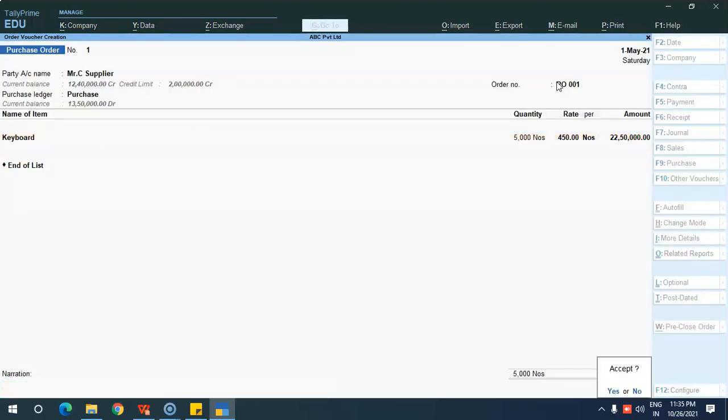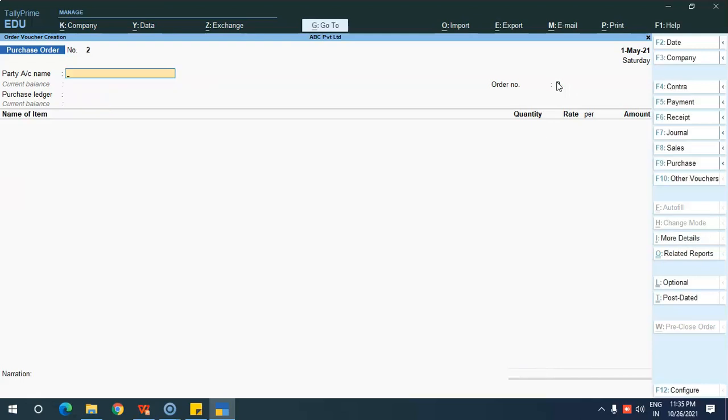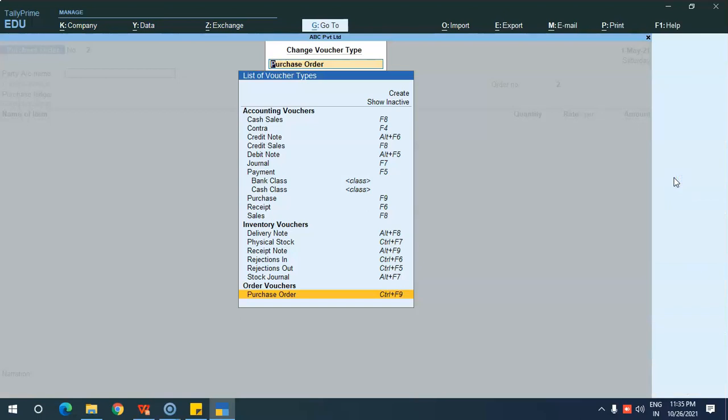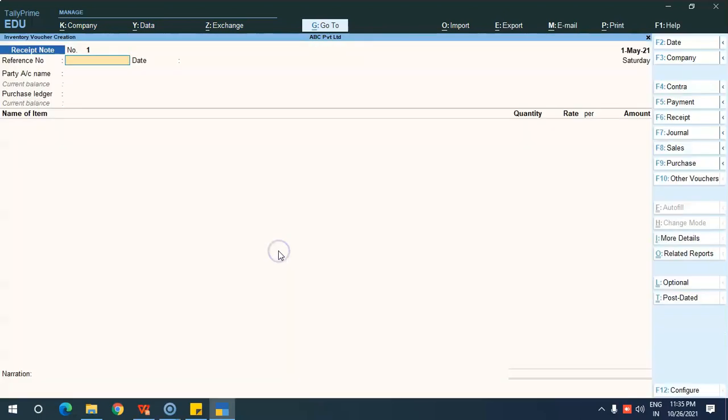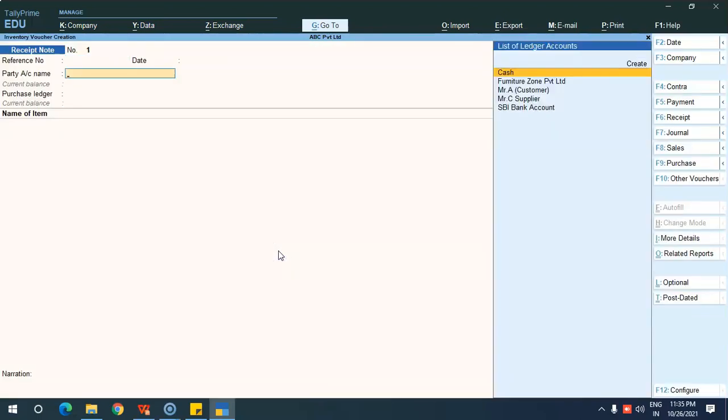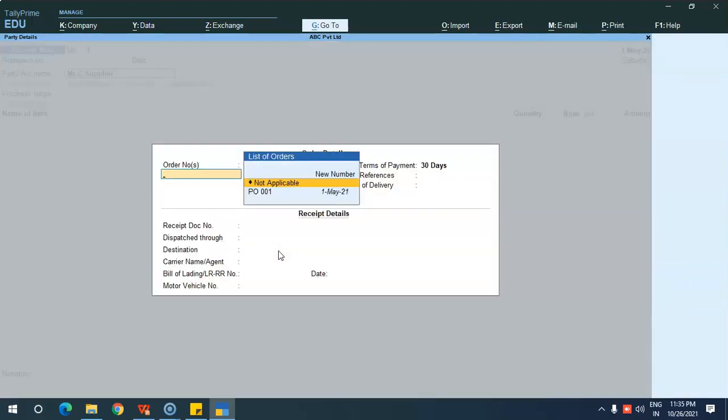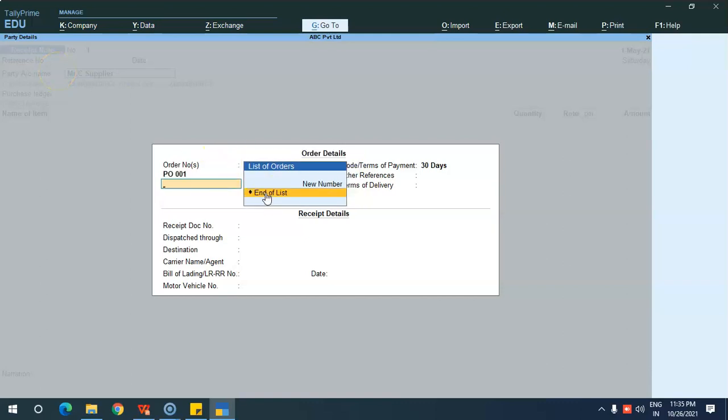It's a huge order, so I have created a purchase order now. After that I'll account in the receipt note once I have received the order. So I'll be selecting Mr. C as supplier. Here you will be entering the tracking number. Against this order only we are receiving the goods now. So I'll be selecting this order. See here, you have to give the receipt document number, like the GRN number.